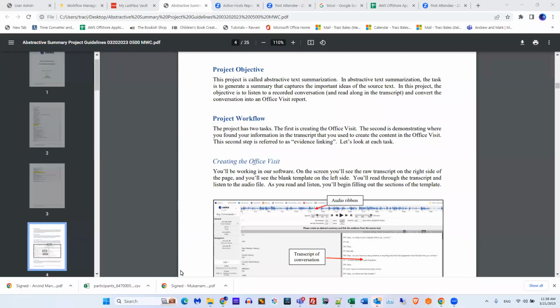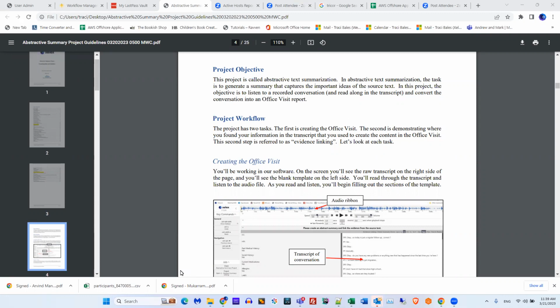Okay, so let me start over really quickly. All of the skills and experience and expertise that you gathered in your medical transcription and scribing work environments can all be used here. So it is very similar, but it's also very different. So I do want to talk a little bit about that so you can understand why we have specific guidelines and requirements that we ask you to perform in this project.